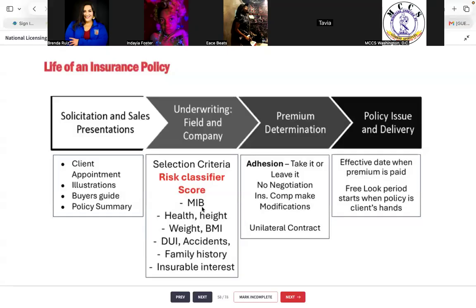So there must be some kind of insurable interest. Now, how do you establish insurable interest? There must be either a financial or an emotional tie to this person. So, emotional: my child, my parent, my spouse, maybe my siblings. Those are emotional ties. Financial, it can be my business partner, if I own a business.